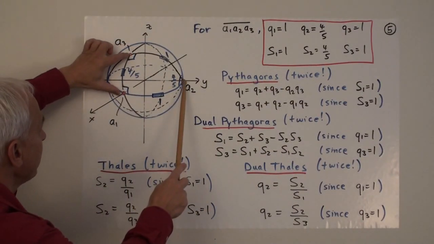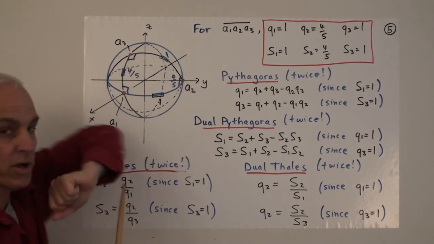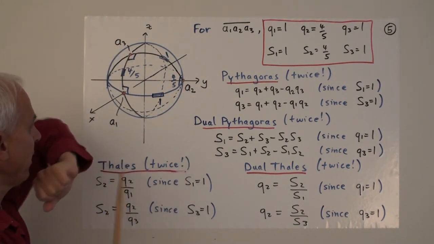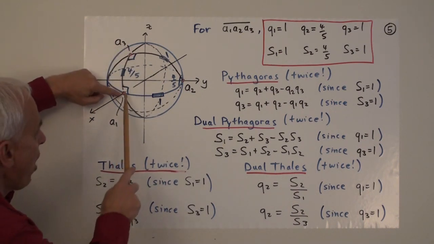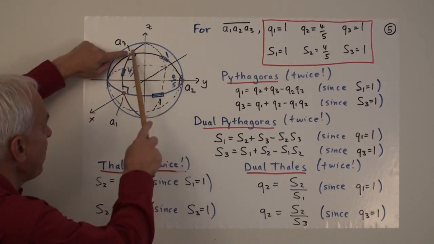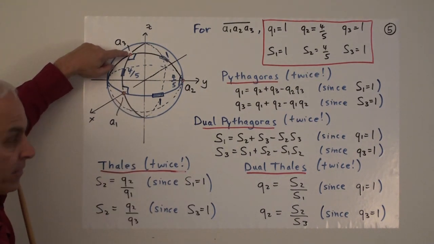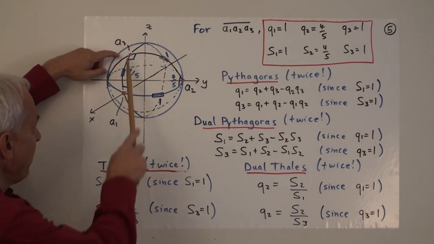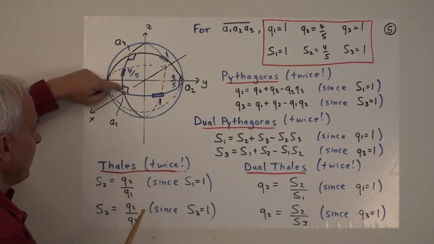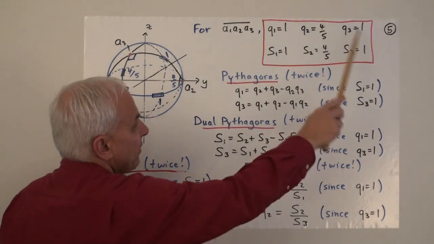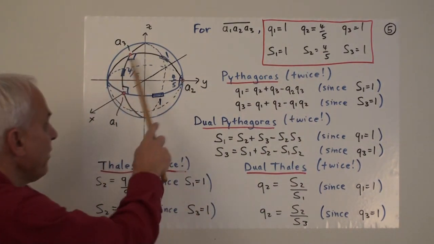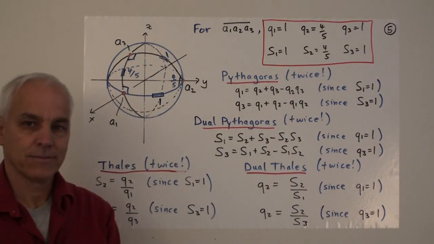Here is our elliptic triangle represented by these 3 points on the sphere. With this little spherical triangle that we see here, its quadrances are 1 here, and 4/5 here. And the spreads are 1, 1, and 4/5. A spread of 1 is the same as perpendicularity. So there's the table of quadrances and spreads for that elliptic triangle.